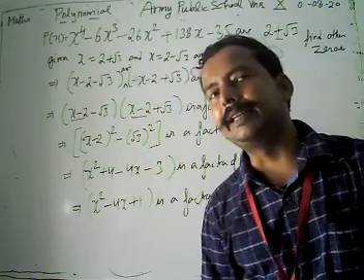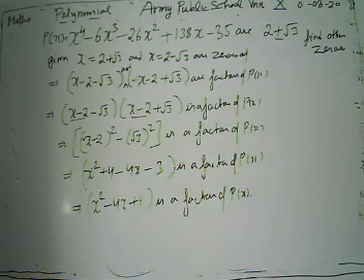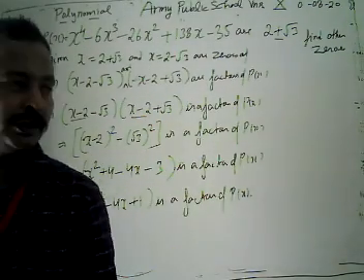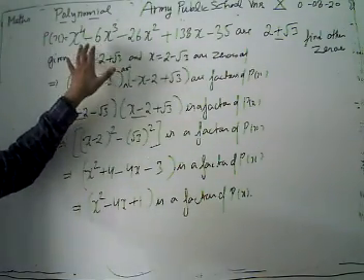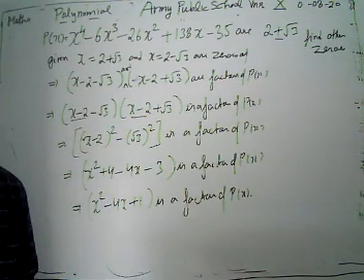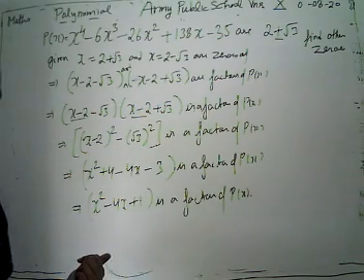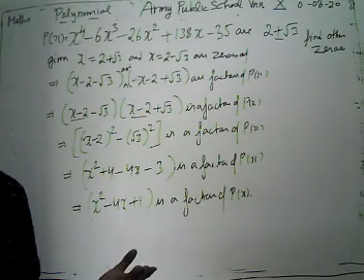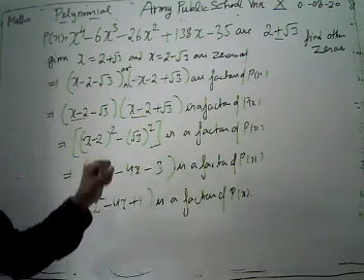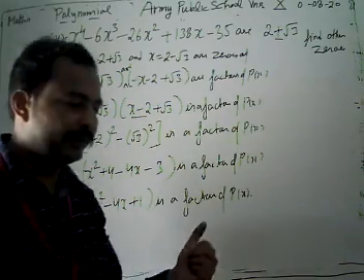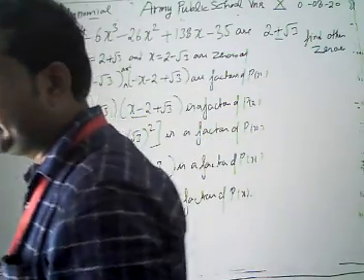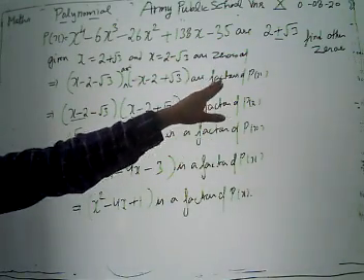If we factorize the quotient value, we will get the other two zeros. You have to divide by x square minus 4x plus 1. Then you get remainder 0. When you verify with the division algorithm, dividend equals divisor into quotient. Then you factorize the quotient, and when you factorize our quotient, you get the other two zeros from there. Then we have two zeros 2 plus minus root 3, and we get the other two zeros.